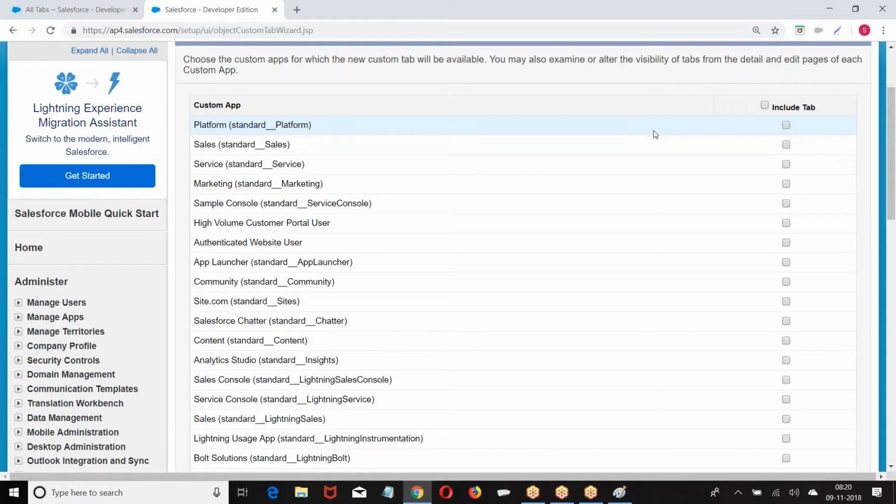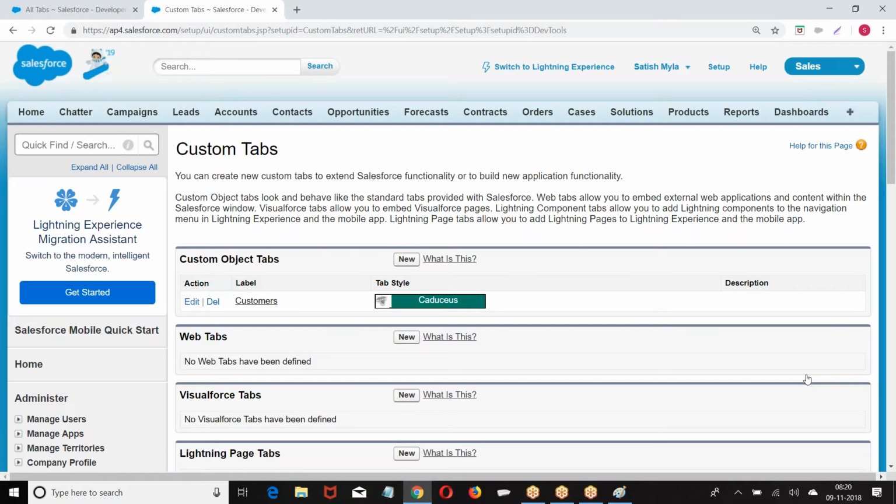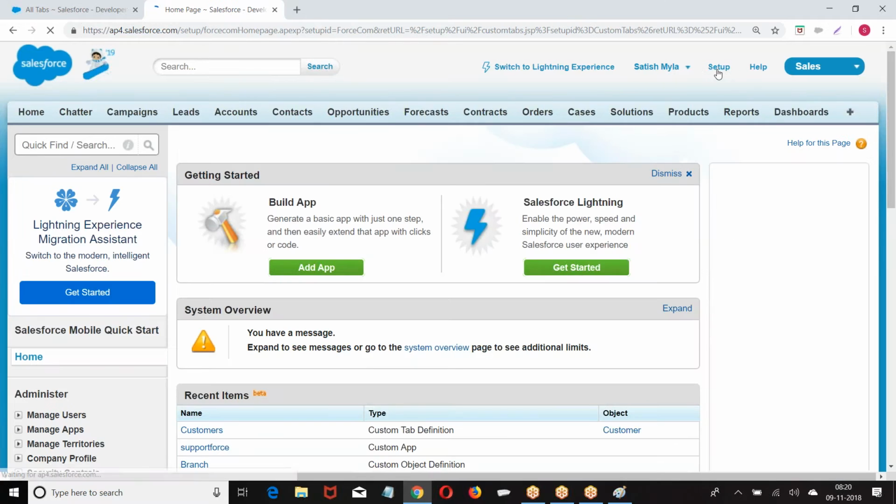They are asking, this tab should be included in which application? So I told loan: add it to loan management. I told it to include this tab in this application. Which application? Loan management.